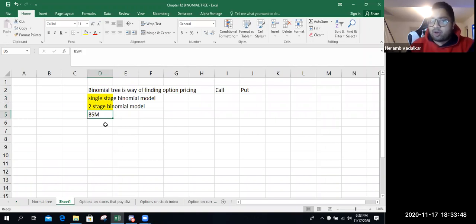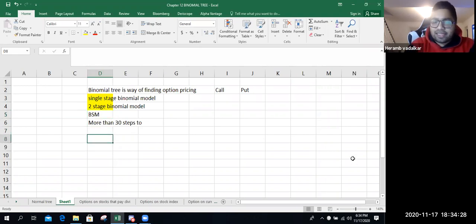Anyway, if binomial trees are to be considered, you need more than 30 steps to actually find relevant prices. But we are not going to discuss 30 steps because it takes too long. So the syllabus is restricted to single stage and double stage binomial models. You need to know that it is not mostly used in real life. Black-Scholes-Merton model is more famous. And also, if at all binomial trees are used, then a more than 30 step binomial model is used for finding prices. Now, what is a binomial tree?